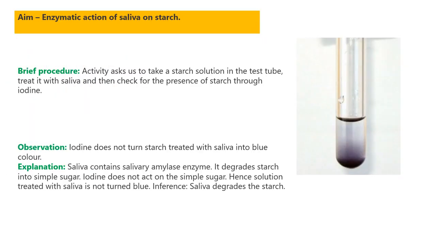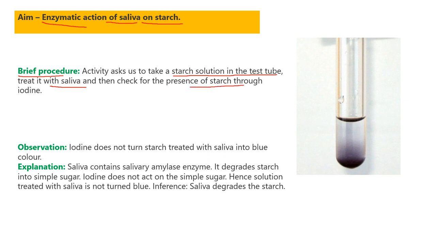Coming to the next experiment, the aim of this experiment is the enzymatic action of saliva on starch. So what we have to take, let's go through the brief procedure first. To do this activity, we are supposed to take a starch solution in the test tube, and then put some saliva into it. And we know that saliva has which enzyme? Amylase, right? Amylase enzyme, which will definitely digest the starch, and it is going to turn it into